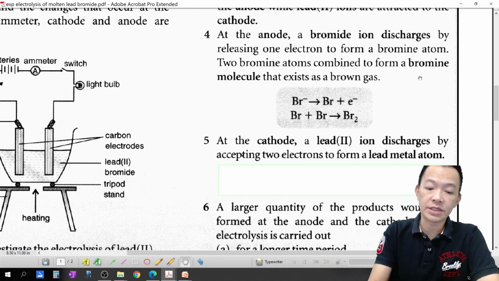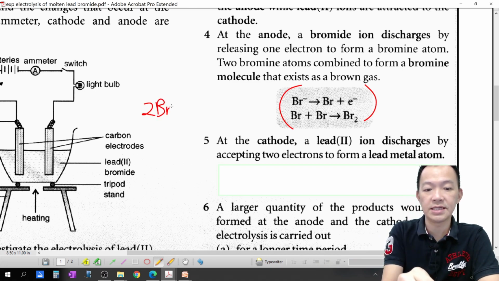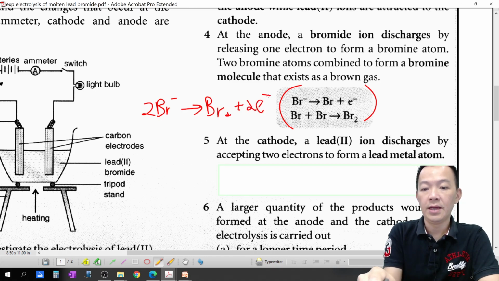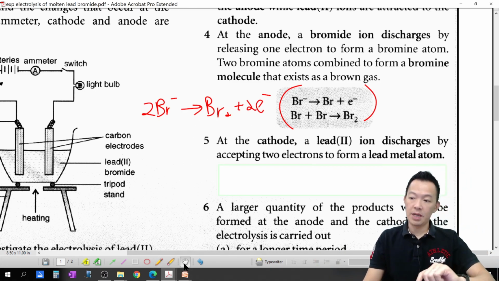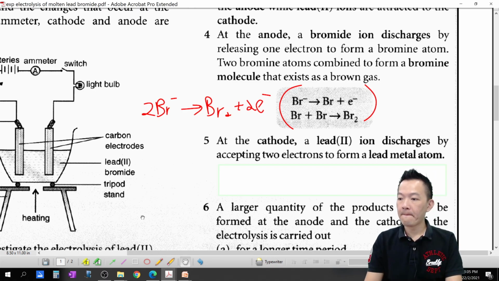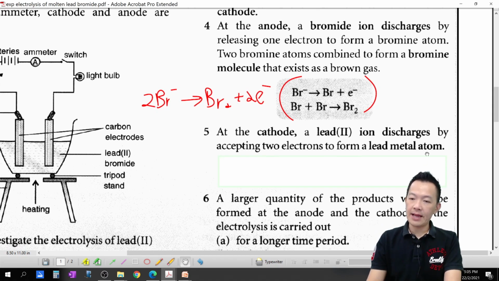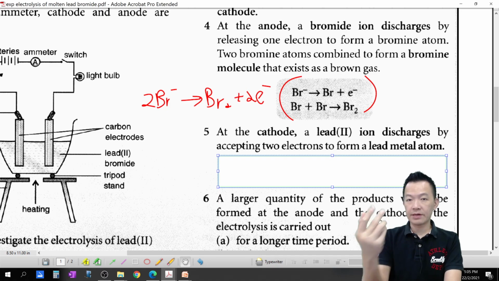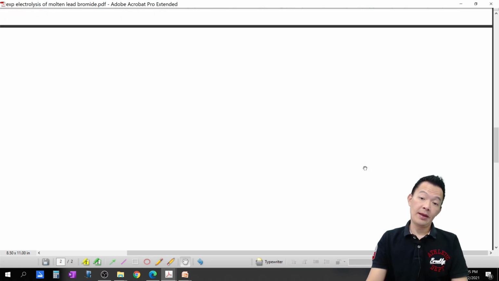Okay, so the whole equation here，这边整个事情啊，actually we normally write in this way，我们通常就这样写了。2 bromide lost 2 electrons to become bromine gas。我们一起了，2粒的 bromide 一起丢掉2粒的 electron，粘起来变成 bromine gas，不是更快更美吗？Okay, next. At the cathode，在 cathode 那边 lead ion discharge，so lead gain the electrons，它收到2粒的 electron become the lead atom 啦。So lead ion gain the electron become the lead，就变成了 lead。